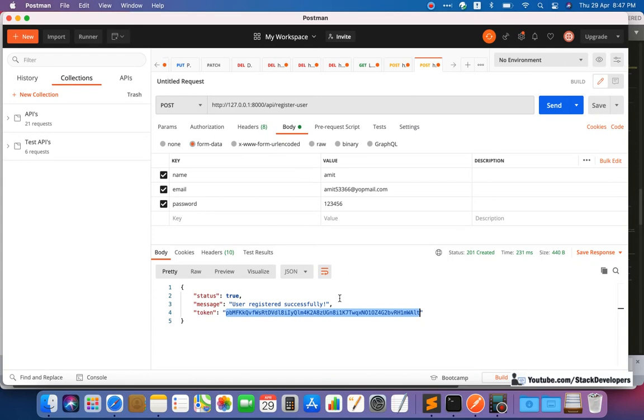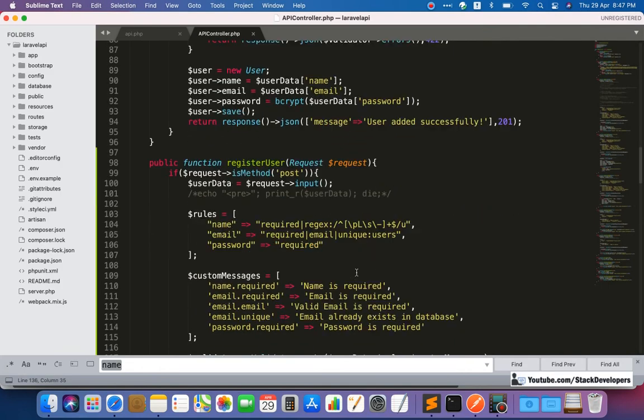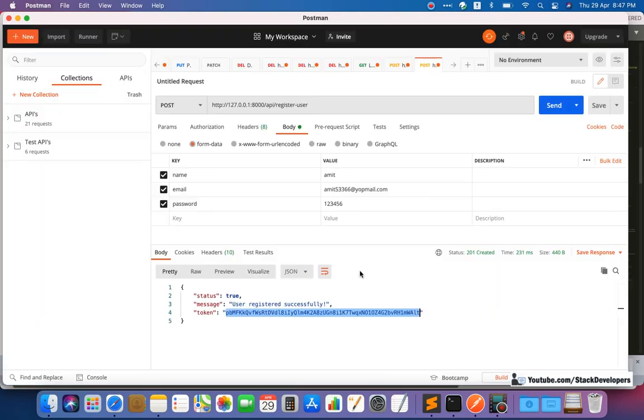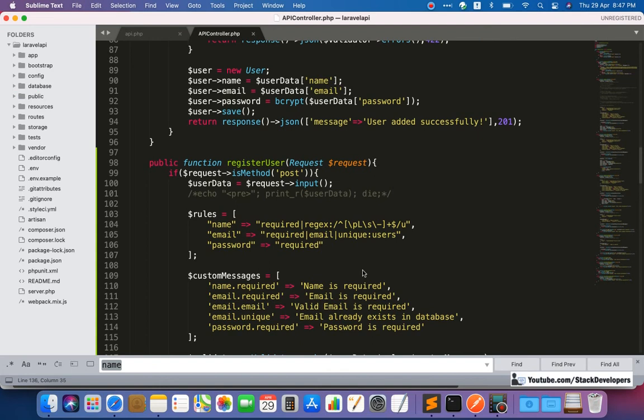So I hope that this API is very clear to you, and in the next video we are going to work on the login API, login API with authorization token once again. We will authenticate the user, so that the user can avail all the features of the app after logging in, and the app developer is able to use the token in all the API calls further on after login.